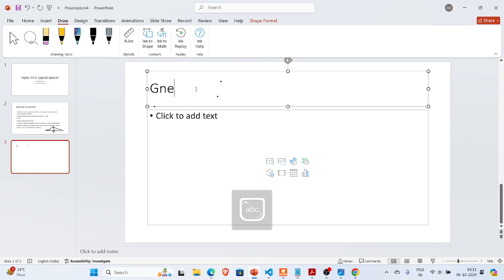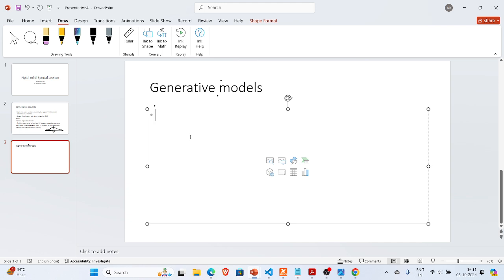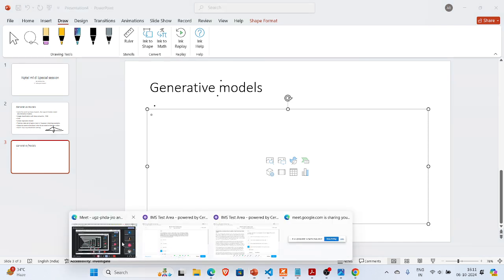So continuing, now we get to generative models. This is a special session that is not going to come in the exams, and this is for your own knowledge. These are state of the art models for image generation or video generation or something like that that you see in modern times, as you can see this